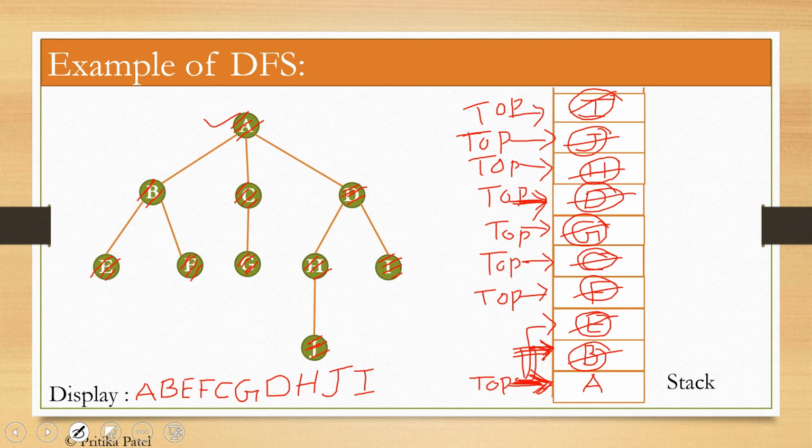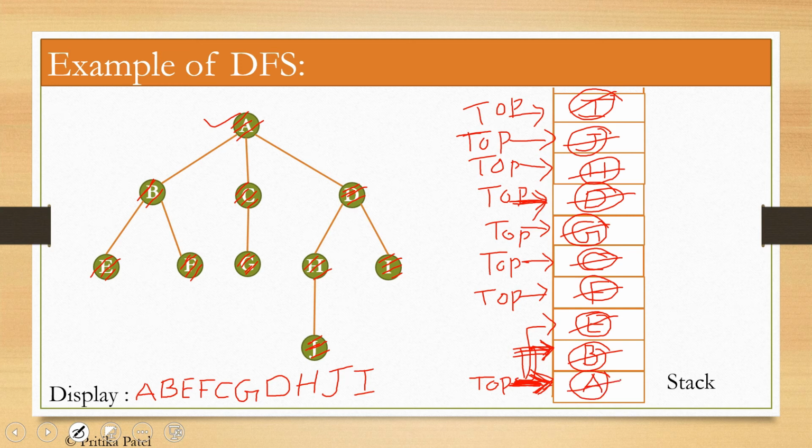So now A becomes the top of the stack. Now check whether A has any adjacent unvisited vertex. No, there is no adjacent unvisited vertex, all vertices are visited, right? So again the else part is executed and we pop the top element of the stack, that is A, so pop A